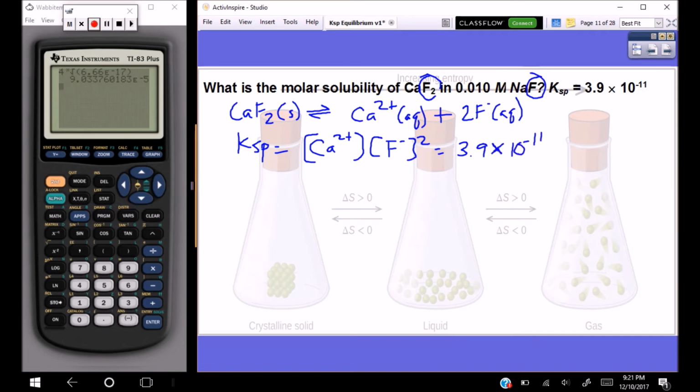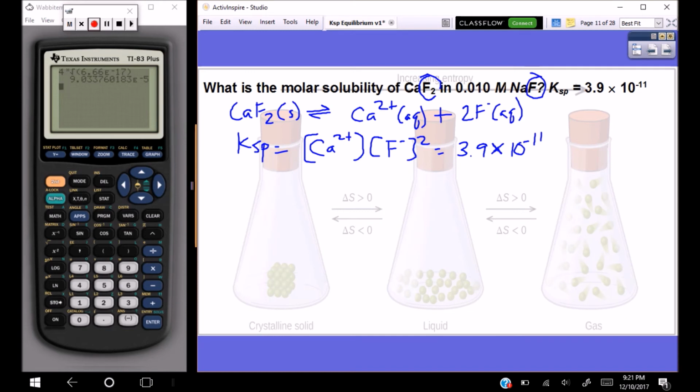Okay. So, what's tricky about this problem? Hold on, let me find my notes here. Okay. So what's tricky about this problem is that normally we're dissolving things in water, right? So the only source of fluorine is our solid that is dissolving. Here we already have fluorine in solution, so we need to account for that when we're trying to figure out